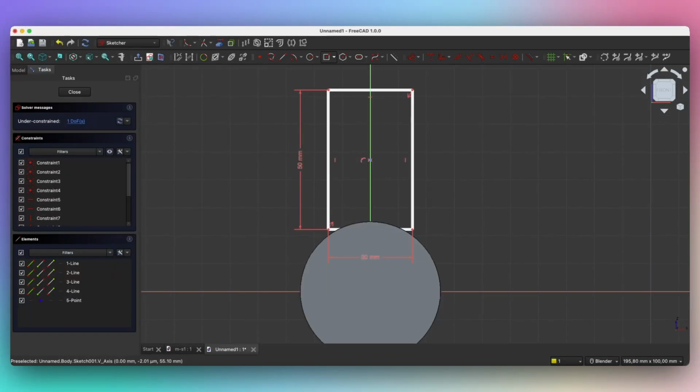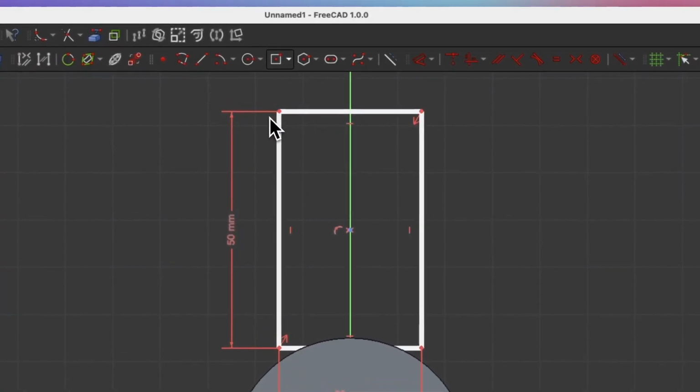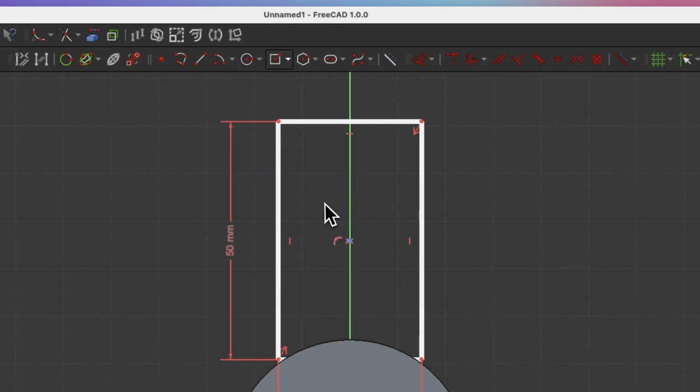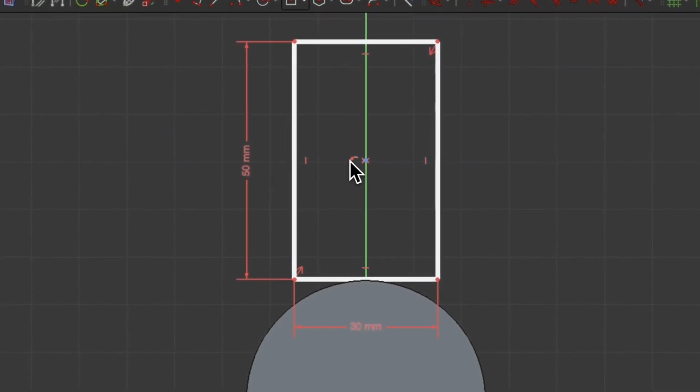This means we can change the position of this sketch. In this case, we can change the position of the sketch along the y-axis. We can no longer change the dimensions of this rectangle. We cannot change the position along the x-axis. We can only change the position of this rectangle along the y-axis, because the position along that axis is not